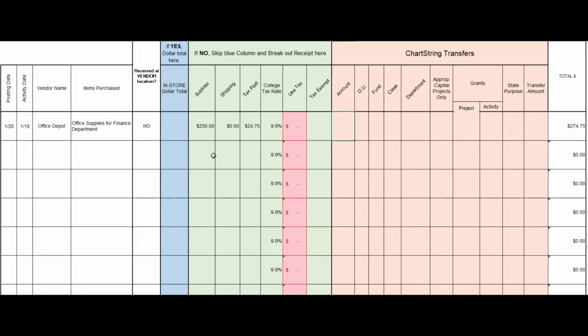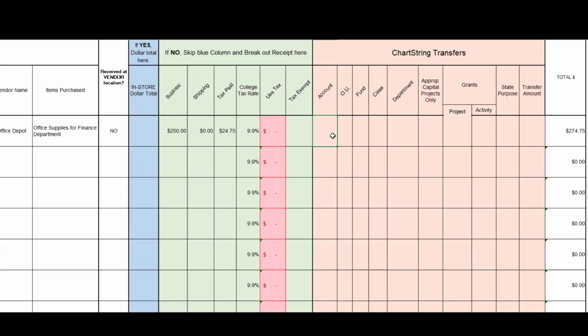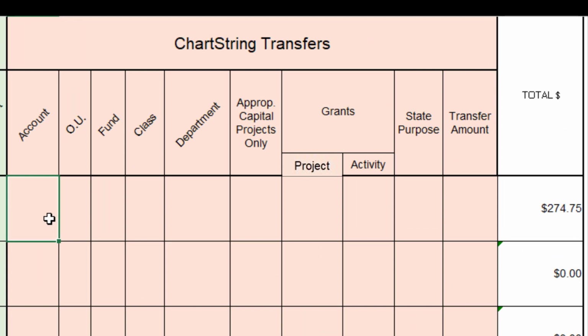As an example, here is a transaction for office supplies from Office Depot. I'm going to transfer this to the finance department's operating budget. My account number is going to stay 5030010 because the expense is still general supplies. My operating unit will remain 7110 for district because the finance department is a district serving department. The finance department's fund, class, and department are